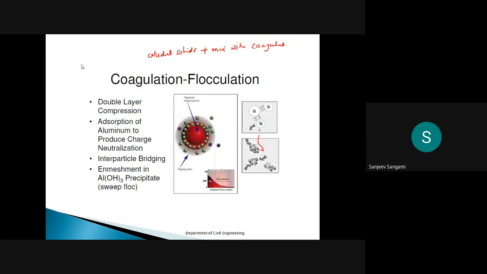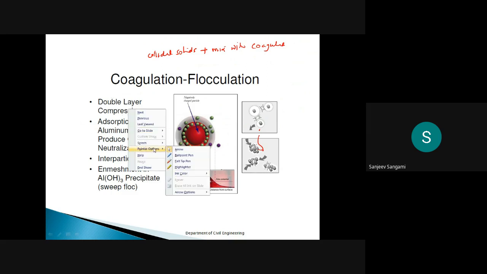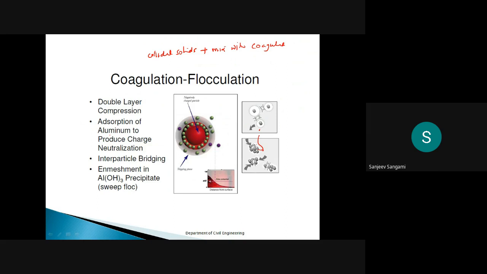There are some very good mechanisms that happen in the coagulation flocculation process. The first one is double layer compression, then adsorption of aluminum to produce charge neutralization, then interparticle bridging, then enmeshment in aluminum hydroxide precipitate. Normally, what will happen is that when the colloidal solids